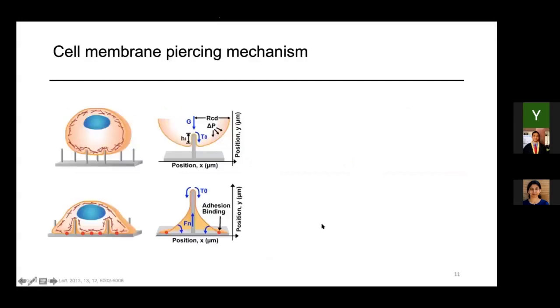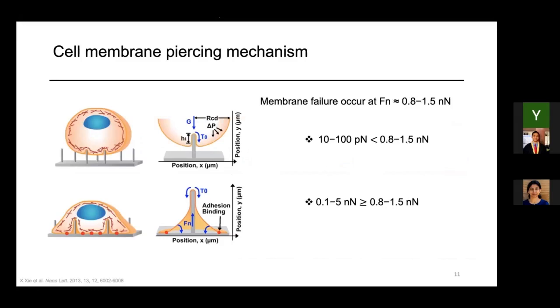So we have made this structure, and the next question is, what is the condition for the nanostraws to pierce the cell membrane? It's not simple, but we did a simulation and calculation to predict how much force is needed for the nanostraw to pierce the cell membrane. This is a very complicated calculation, so I'll jump to the conclusion.